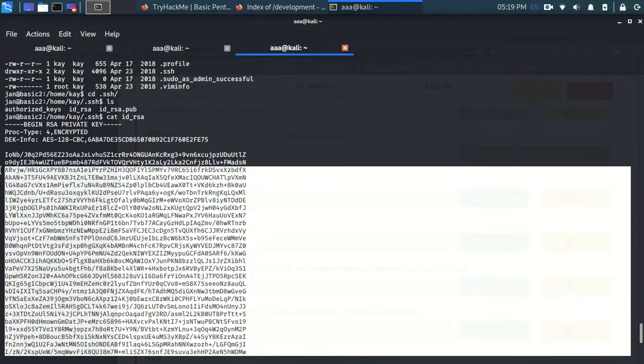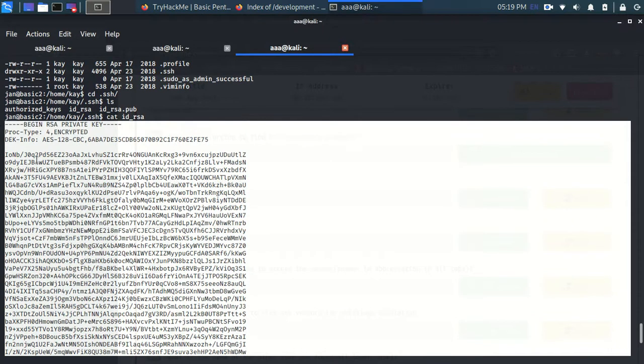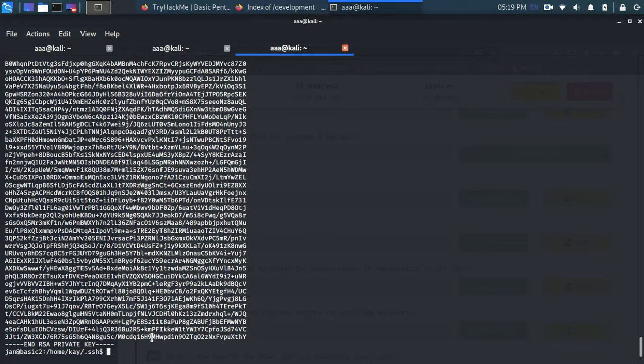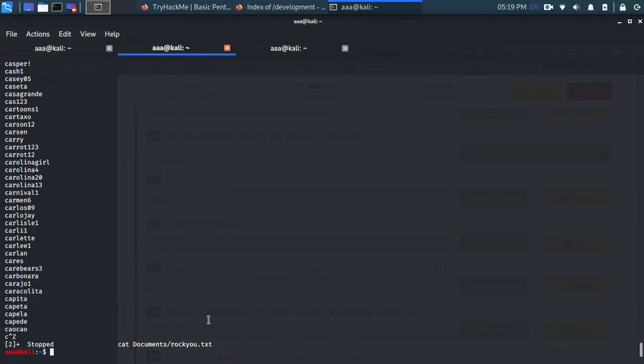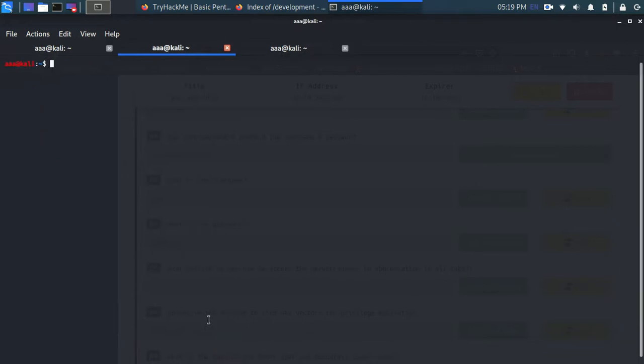Okay, so now we got his private key, and I'm going to copy this, and with this private key let's try and figure something out. So let's firstly go to downloads, and let's make a file.